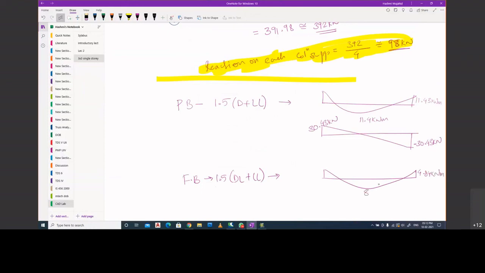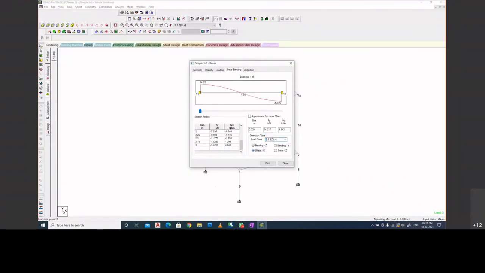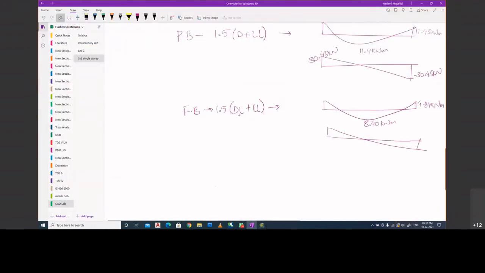What about the shear force? Shear is 14.22 kilonewton.